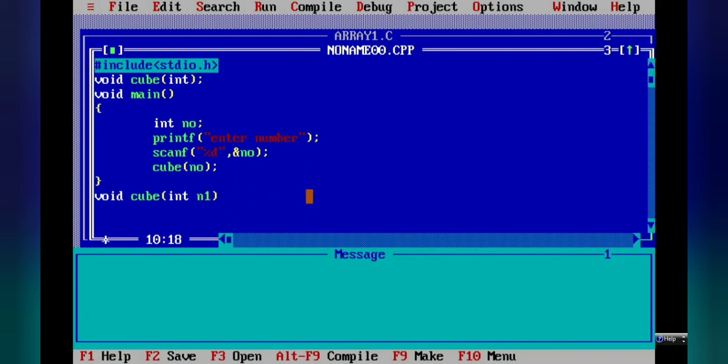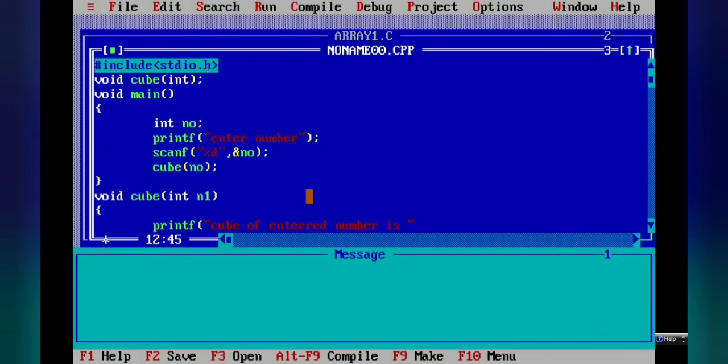Now we will open the curly bracket and write our function body. In that we will perform the cube operation. So printf, cube of entered number is, here.